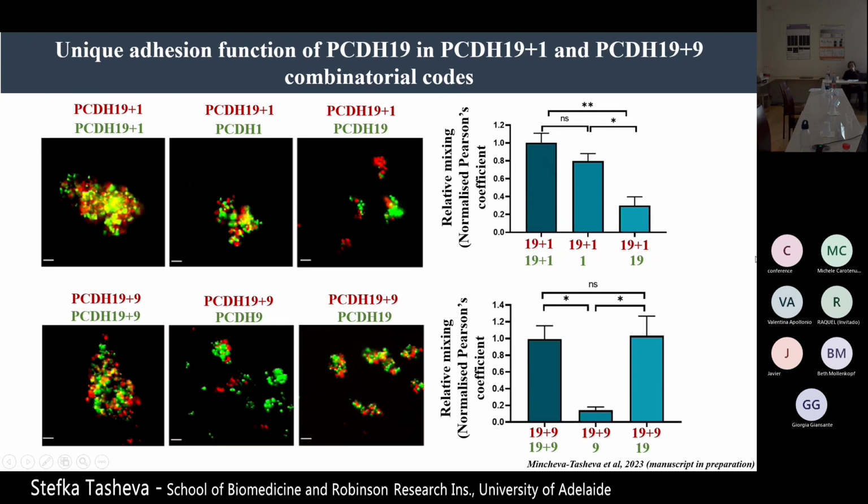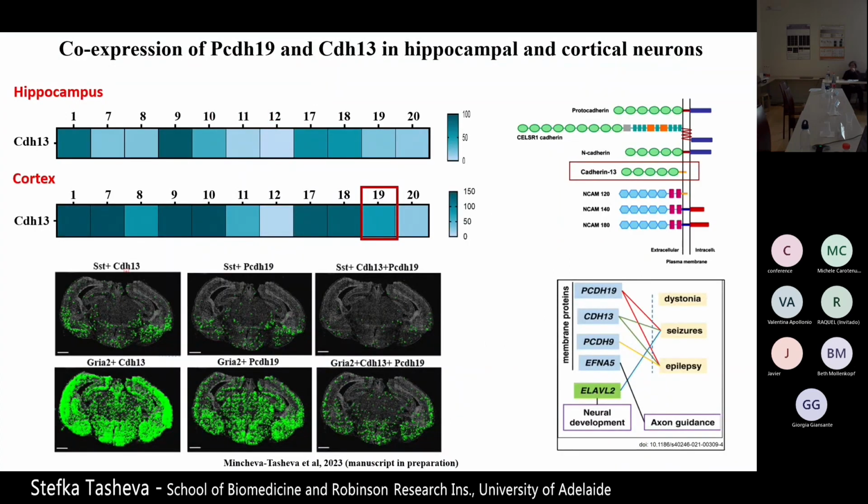In the 19+9, it's a dominant one, which is sufficient to maintain the interaction between two different cell populations. However, in this scenario, 19+1, it's PCDH1 that is actually driving these adhesion abilities. Another interesting finding in this experiment